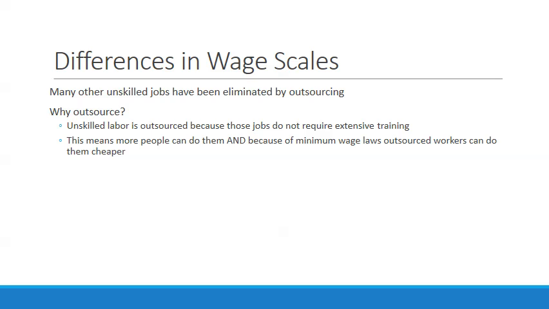Because anytime that you outsource, it's going to reduce your cost. So if you own a firm producing something in the United States and your total cost can be reduced by moving that factory production overseas, then that's what you're going to do, because remember, profit maximization is